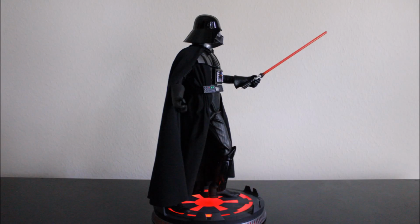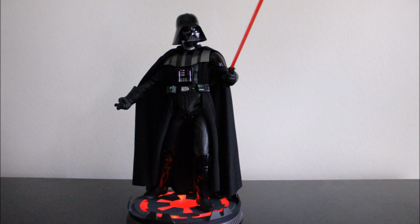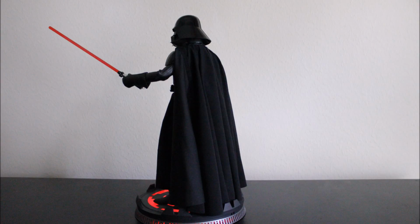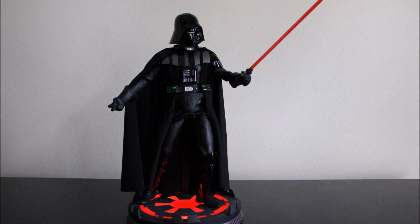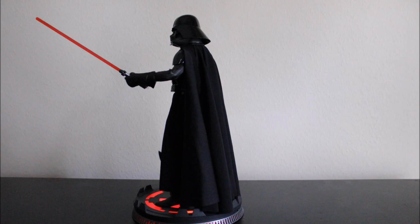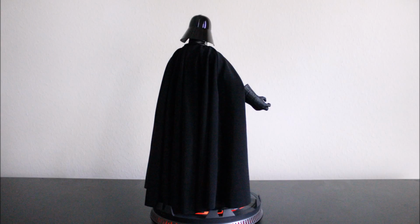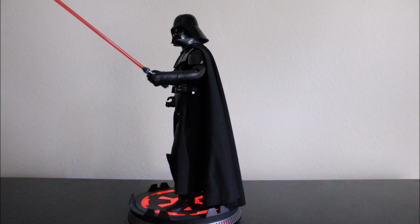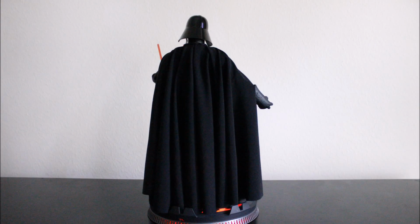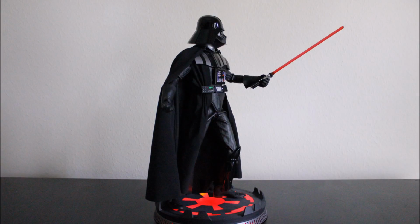Now here's the figure in all of its glory. He's standing on that base with the Sith symbol, and it lights up a red color, which looks incredible. His leg pads, helmet, and the piece around on his chest have a glossy paint job to them, and his bodysuit from his pants to his chest and his arms are kind of like a stretchy leather or pleather type material,